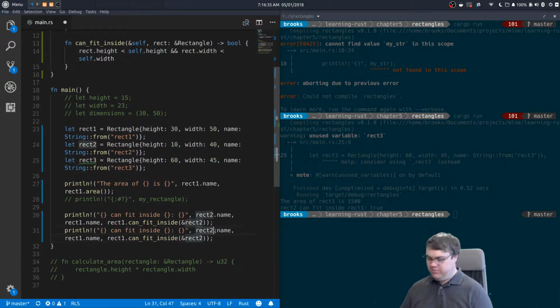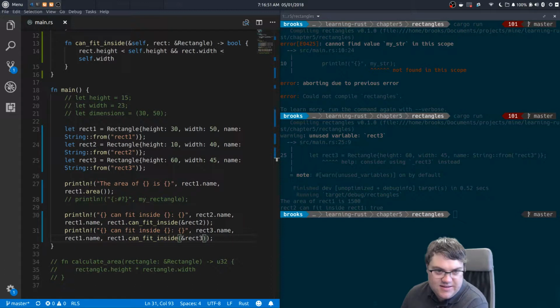Okay, so this will be rect3. Rect3 can fit inside of rect1. Rect1 can fit inside rect3. By the way, if you want to suppress warnings about unused functions for the whole file, you can put